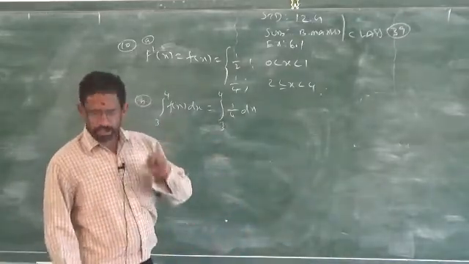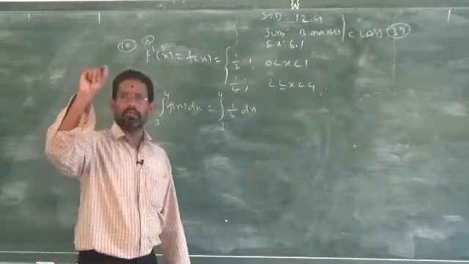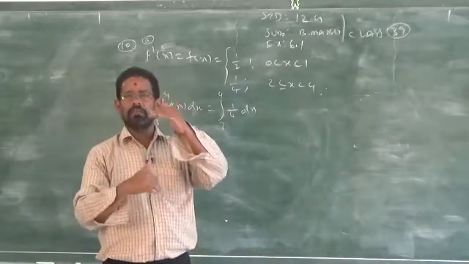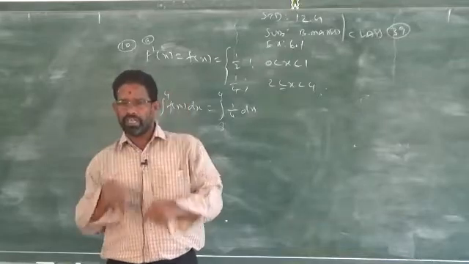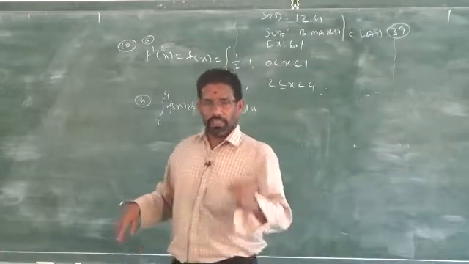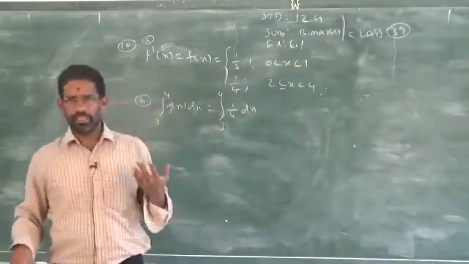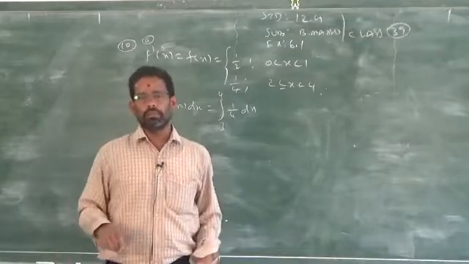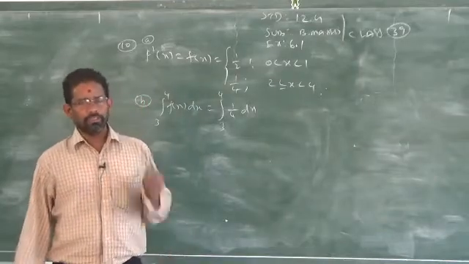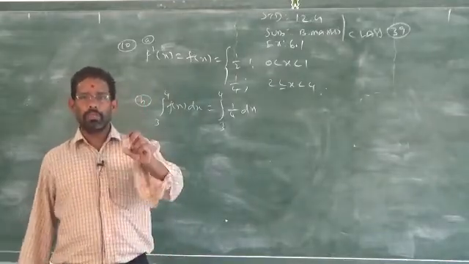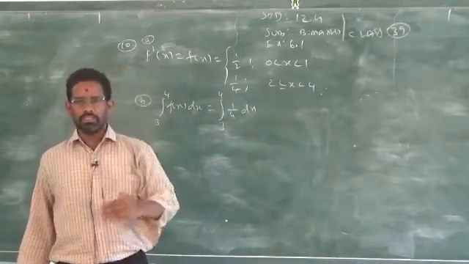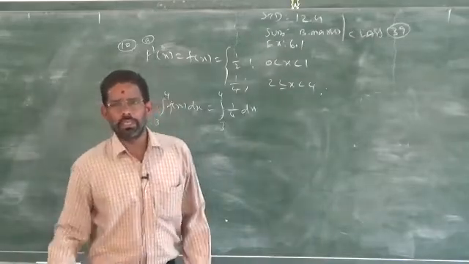Whether the distribution function is continuous or not, you see the intervals: starting from 0 to 1, 1 to 2, 2 to 4, and then 4. The final value is given as 1. Under f of x, what is the final answer? 1. So, when the final answer under the distribution function is 1, it is called a continuous function. Clear? When the last answer is not 1, if it is given as 0, then that is not a continuous function. It is given very clearly in the question itself: f of x has 5 functions. See the last one, it is exactly 1, which indicates that it is continuous.